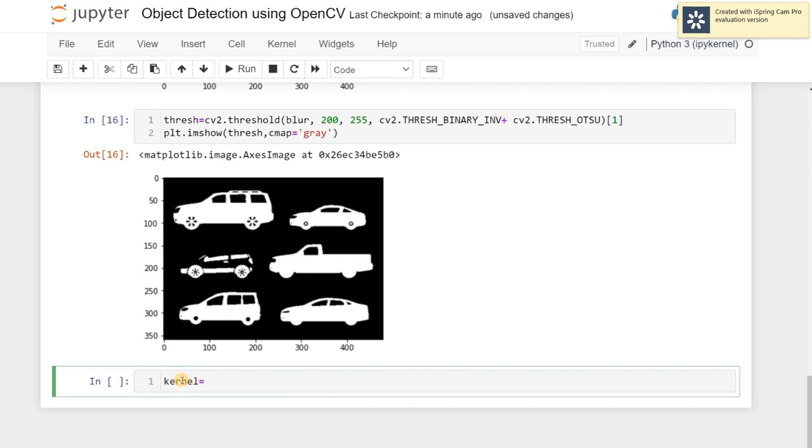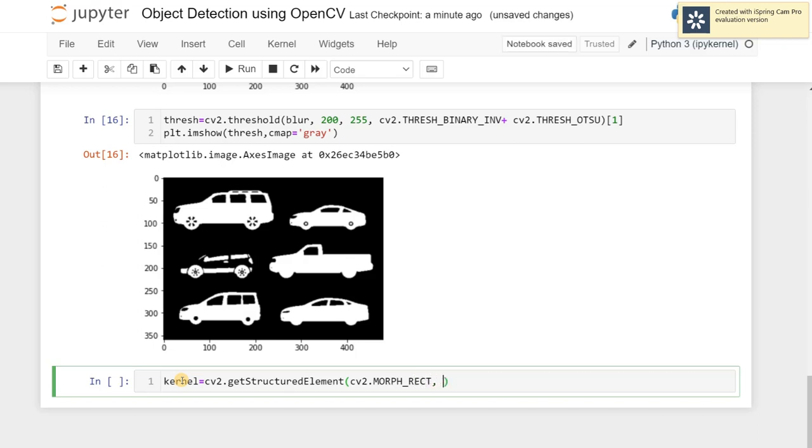We can set the kernel by using OpenCV getStructuringElement. We can apply techniques like morphology, morph rectangular,